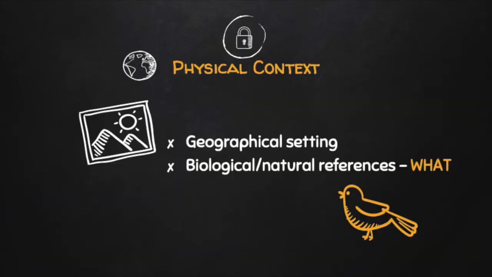In the case of 2 Timothy 2:15, you might remember that we didn't note any where elements, so this is probably not particularly important. Biological and natural references such as animals, plants, or minerals like salt may also be important because of their contemporary meaning to the characters or audience of the biblical text. Again, if these occur in your text, you would have noted them in your what observations. But looking back at 2 Timothy 2:15, we can see that neither of the whats that we noticed in this section were either biological or natural. However, we do have an interpretive question about the term a worker, which leads us to the third part of